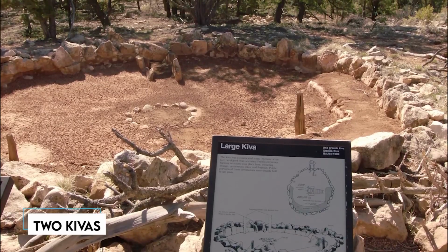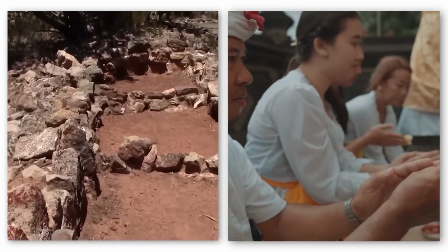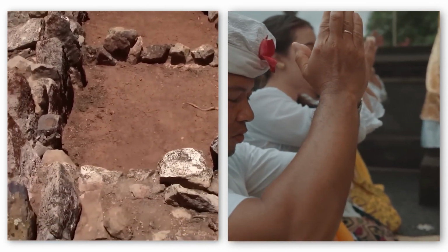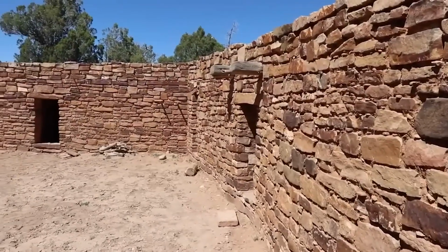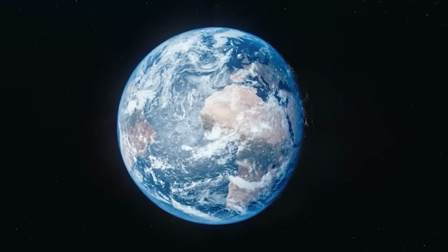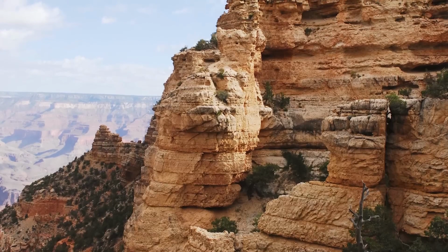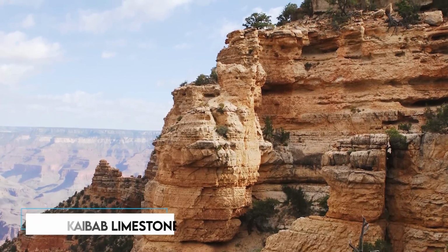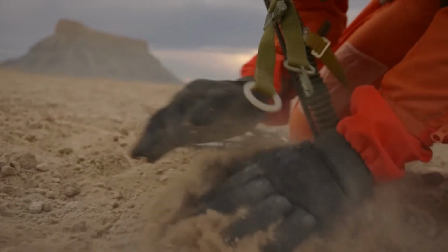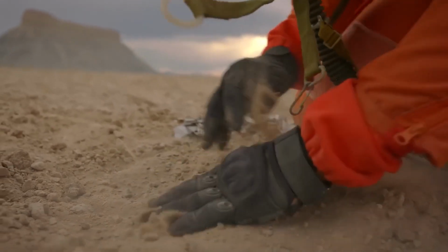The ruins contain 2 kivas, which are ceremonial structures that modern Puebloans still use for religious ceremonies and festivals to date. Kivas are circular below the ground and accessed by a ladder through a hole in the roof. Many Hopi, who are Native American ethnic groups, believed they entered this world through kivas, but the presence of the Kaibab limestone, a resistant cliff-forming stone, prevented the ancient people from digging very far into the ground to build their